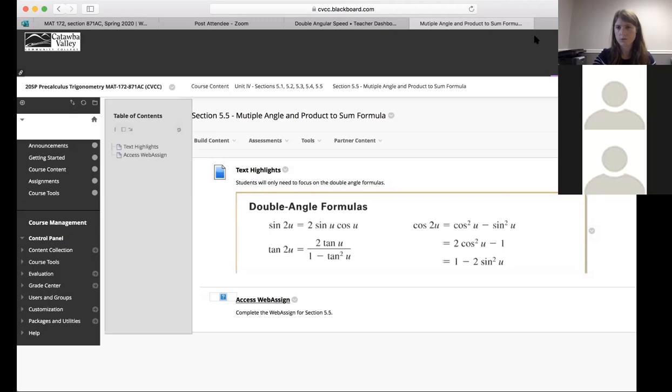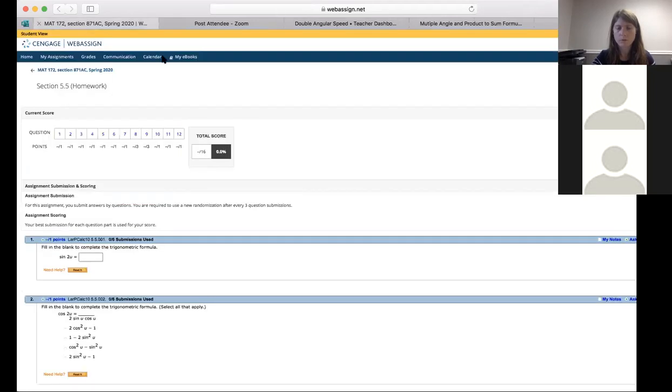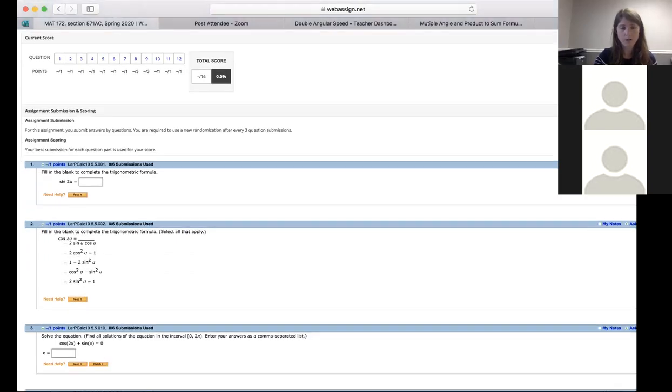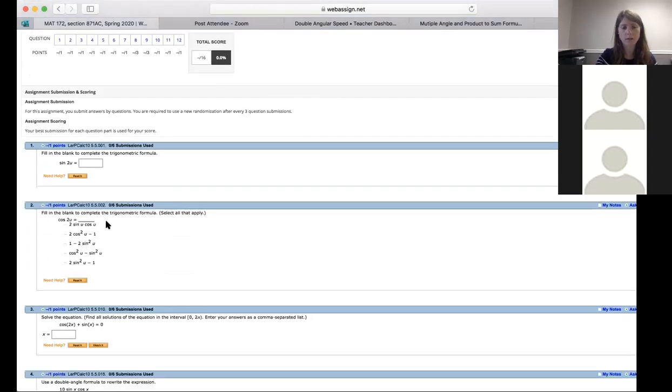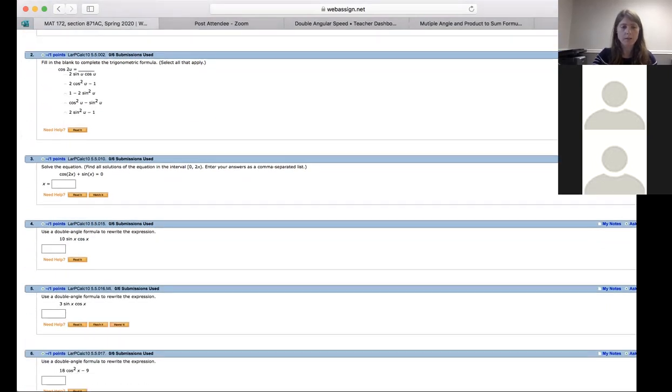I'm just going to switch us over, get us to the right place. There we go. Some of the stuff on the WebAssign. So it's very similar to the beginning at 5.4. You're going to start off just by completing the identities that we just talked about, and then selecting all on this one. Then the types that we're going to see are going to be things like solving equations, rewriting an expression, kind of making it a new identity,